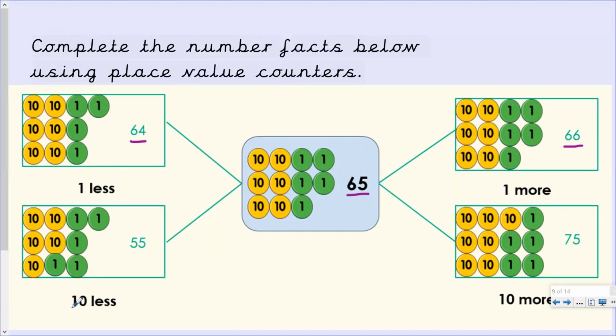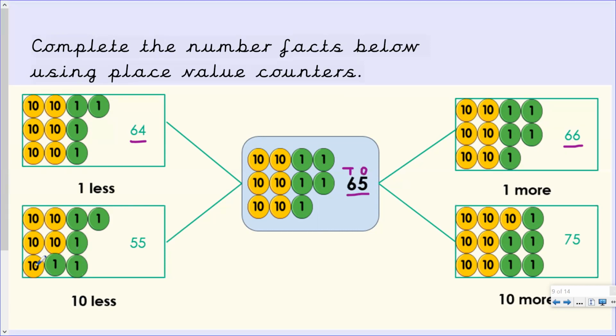Now, how about if we wanted 10 less? Which column would we need to look at? Our number is 65. These are our ones and these are our tens. If I want 10 less, I would look at the tens column. So would my ones column change? No, I still have 5 ones. 1, 2, 3, 4, 5, and 10 less than 65 would be 55, because instead of 6 tens, I will